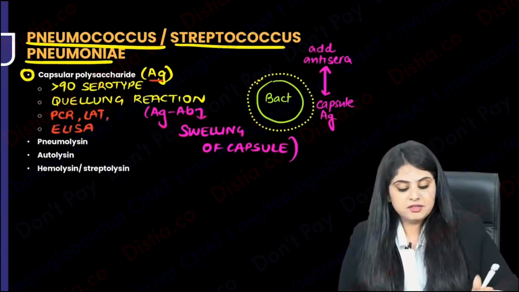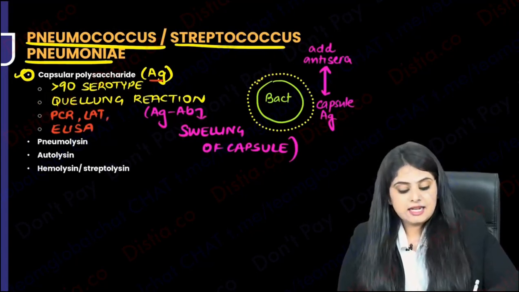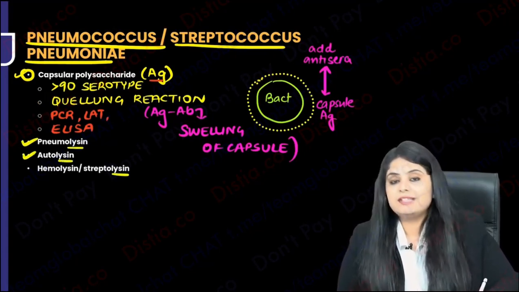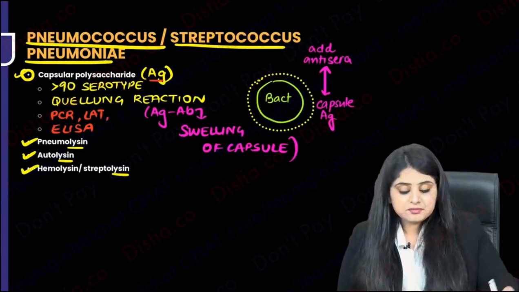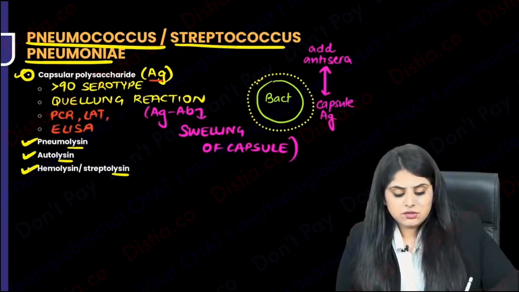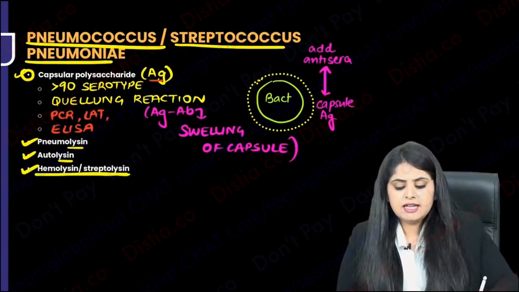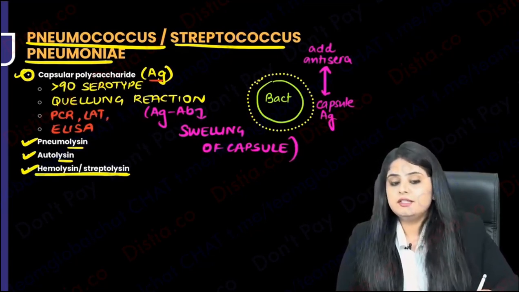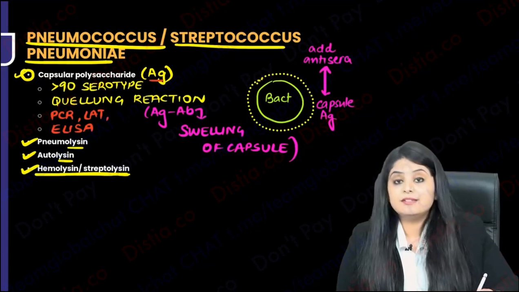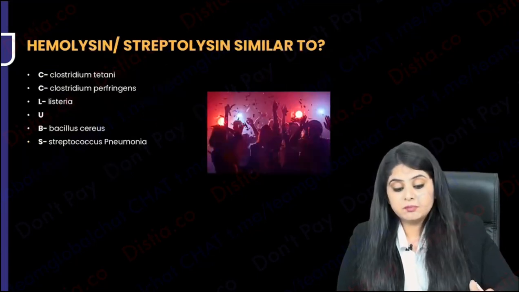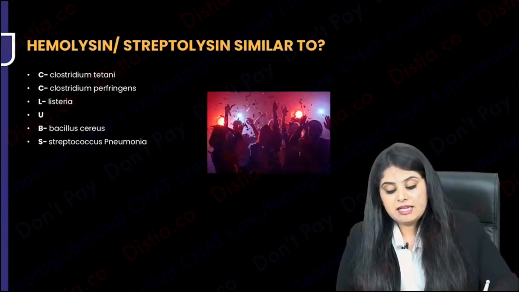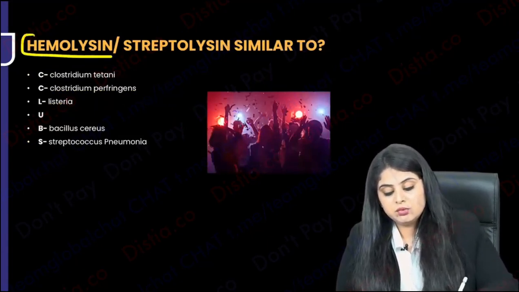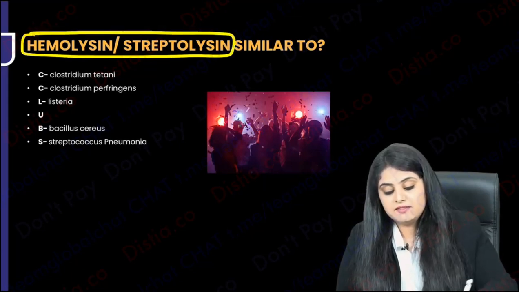Okay, that is the first virulence factor. Other than that, it has something called pneumolysin. A lot of lysins I'm going to tell you. It's going to have pneumolysin, autolysin, and hemolysin. Hemolysin and streptolysin, man, suddenly I have read this somewhere else. I had read this hemolysin or streptolysin in Streptococcus pyogenes also. So ultimately I realized that these hemolysins and streptolysins, I will be reading them in